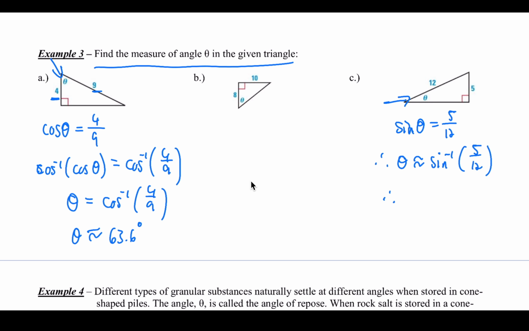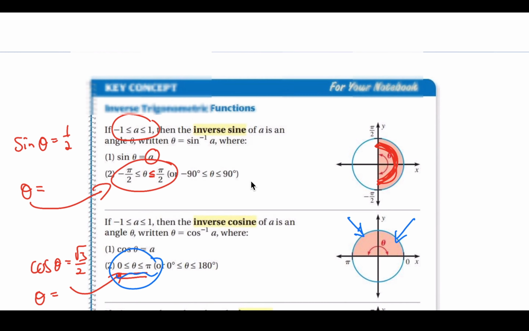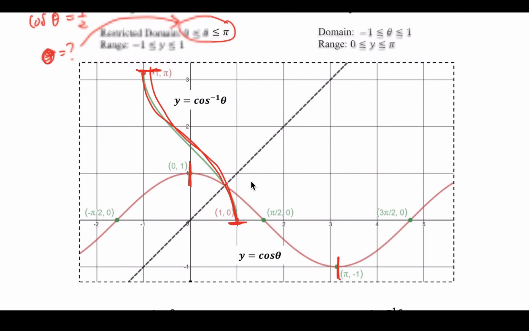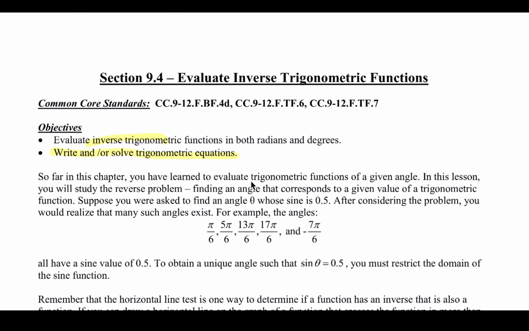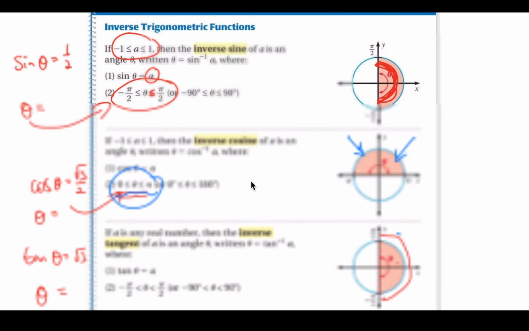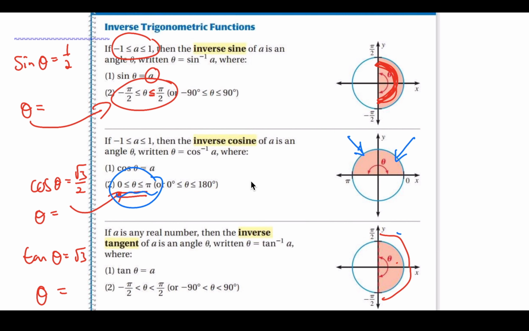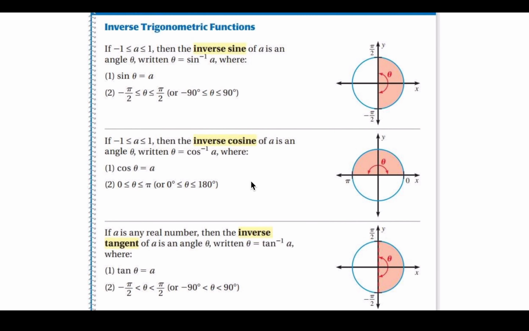Okay? And if you do that calculation on your calculator, I'm not going to do that again. You can do that yourself. You get 24.6 degrees. There is one thing I forgot to mention right at the beginning here that I just want to go back to. Okay? There is one thing I want to mention right off the top. And that is, let me go back here and erase some of this scratch, and then we can talk about this. When we say these things, sine inverse, cosine inverse, and tangent inverse, please, we are not saying